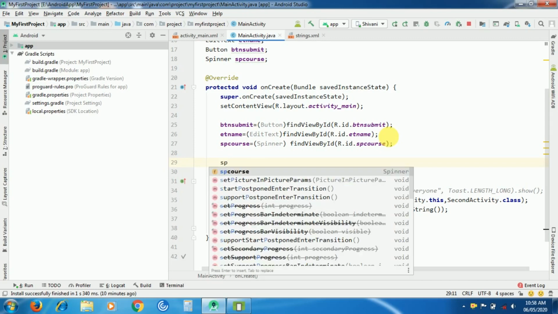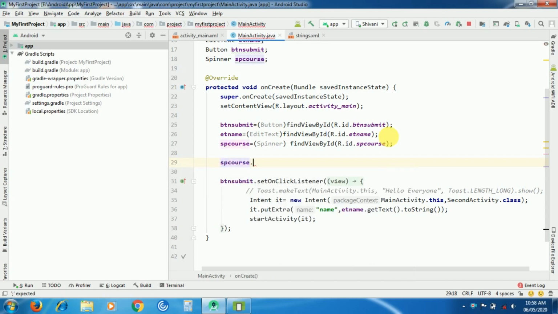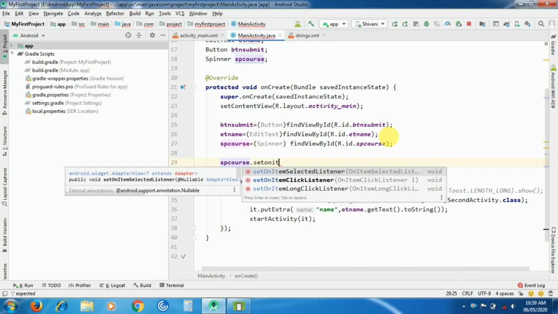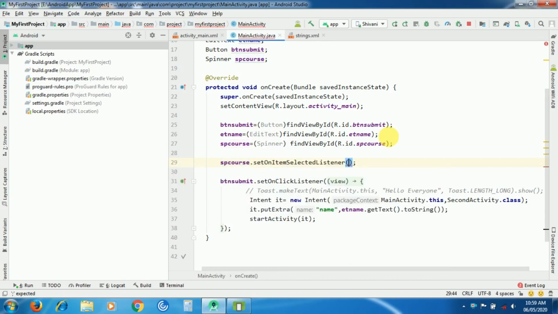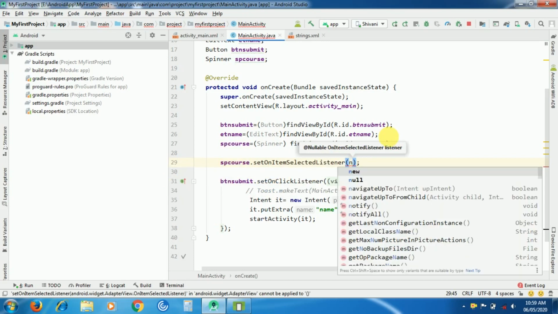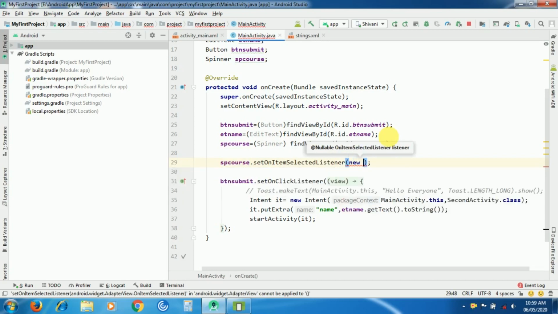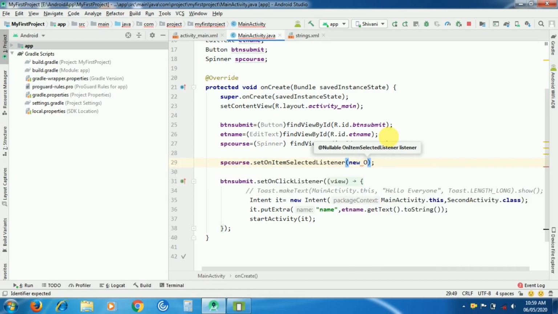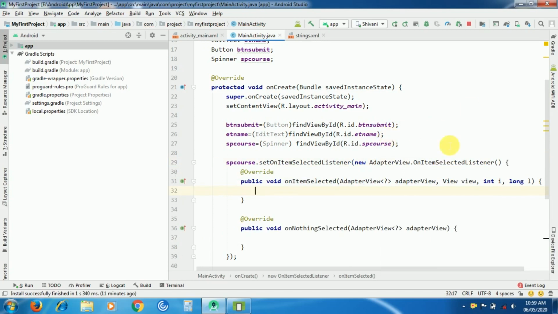For that, we have to use the ID of sp_course dot set on item selected listener. In this method, we have to pass new and the object of the listener. Once you are done with this code, you will get two overridden methods over here. First is onItemSelected and second is onNothingSelected.